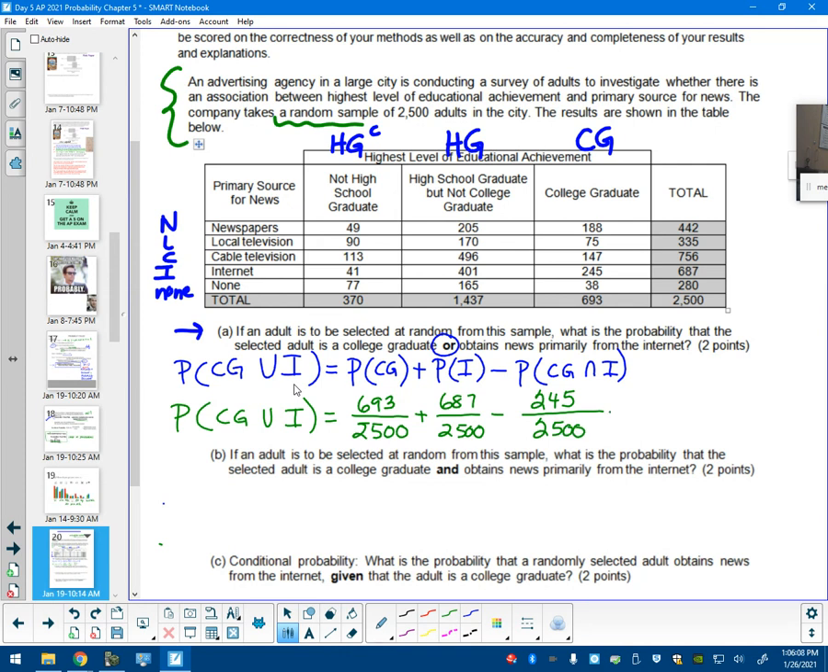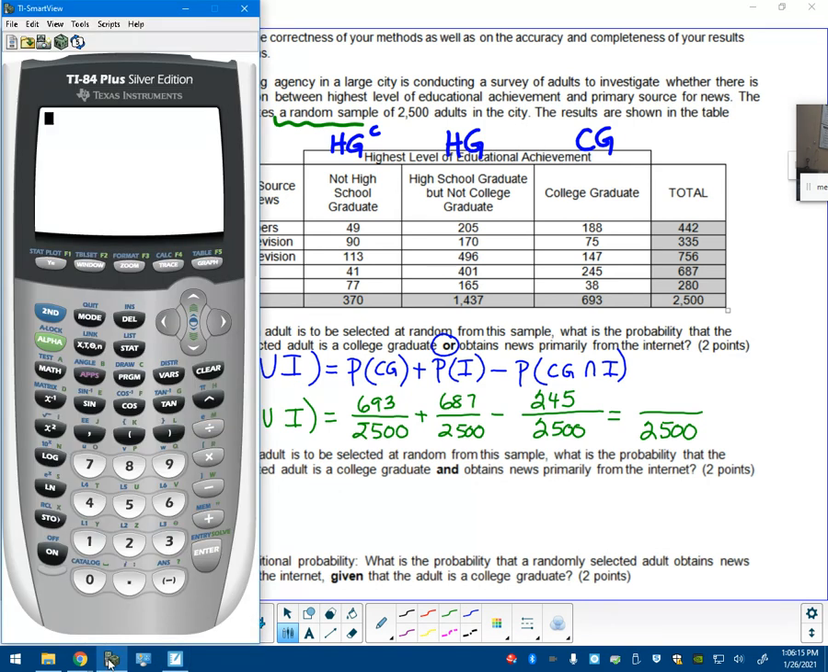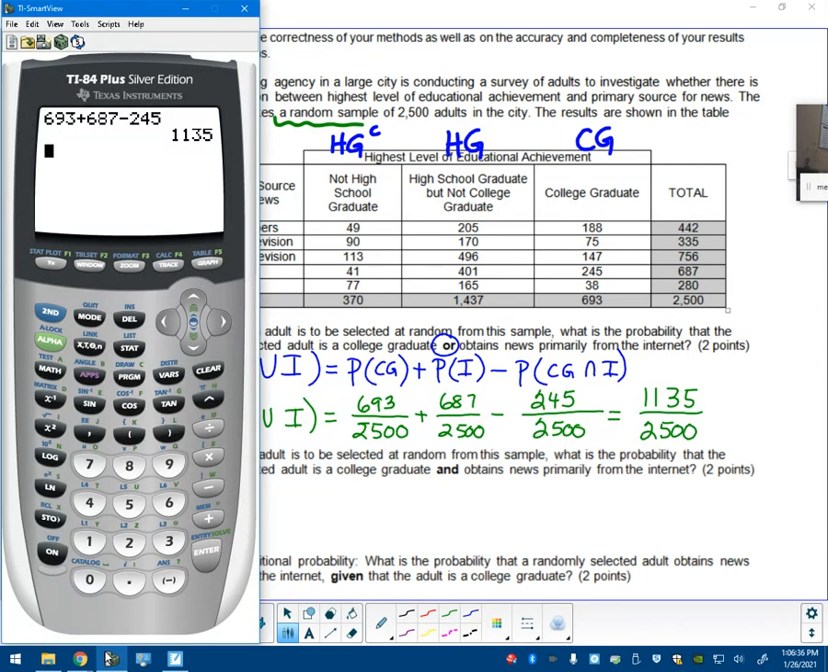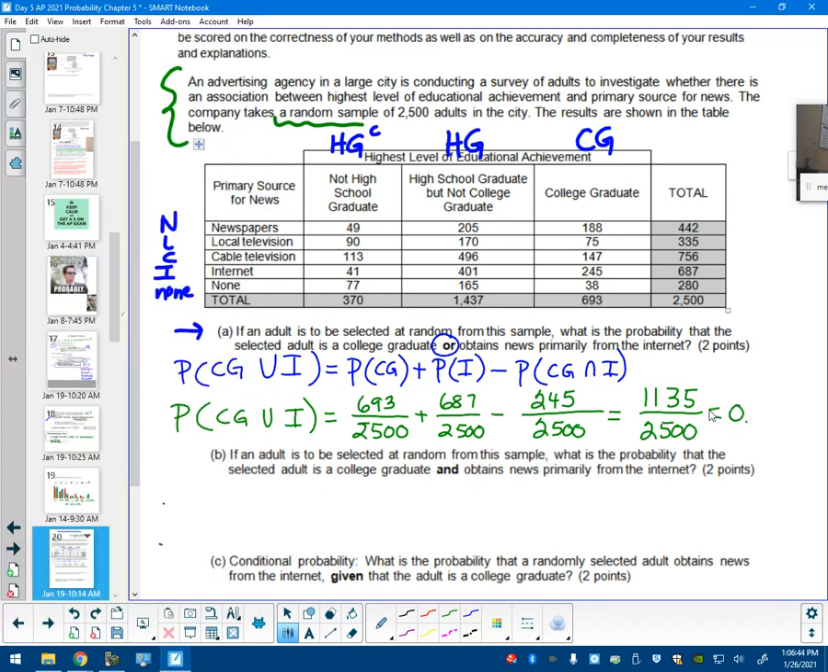Yep. And now that equals something, and I'm going to find out what that equals by finding my numerator here. All right, I'm going to take 693 plus 687, take away my 245, and I get 1153. I'm sorry, it's 1135, isn't it? I just dyslexic myself. All right, dividing that by 2,500,